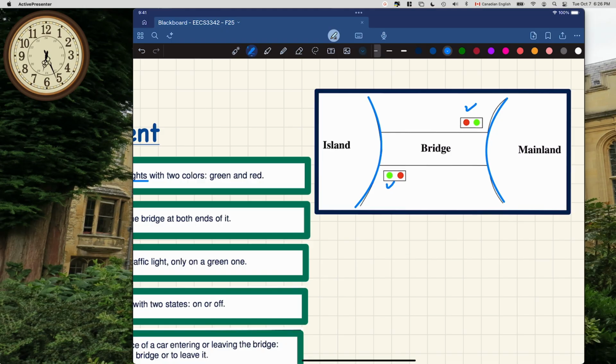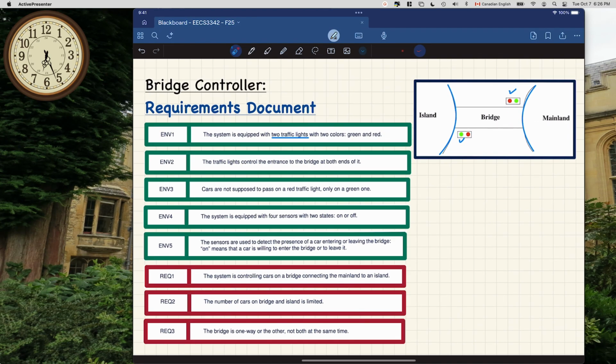And then we got a bridge. And a bridge is supposed to be only one way. It should be either going from mainland to island, or it should only go from island to mainland. That's actually specifying one of the requirements. Okay, so that's description number 1, and also traffic light control the entrance to the bridge at both